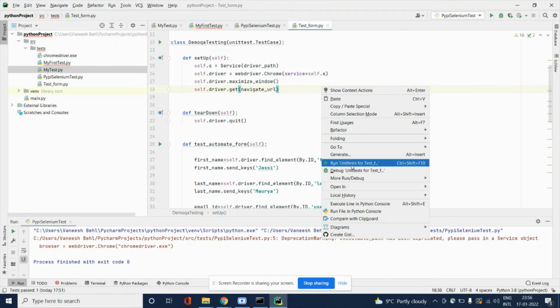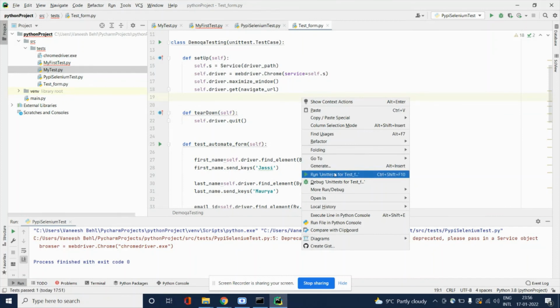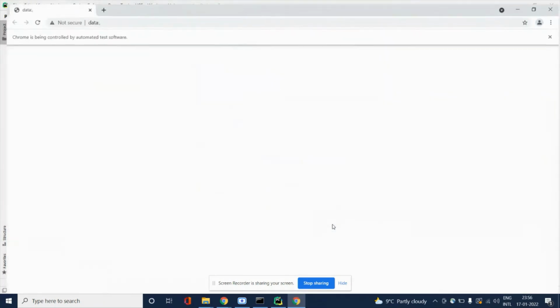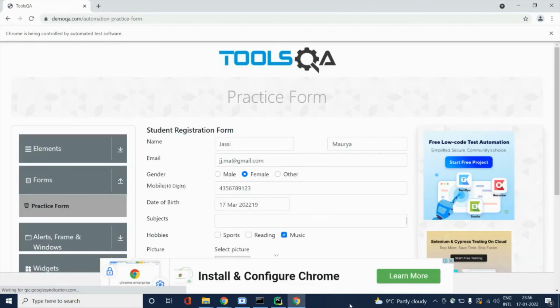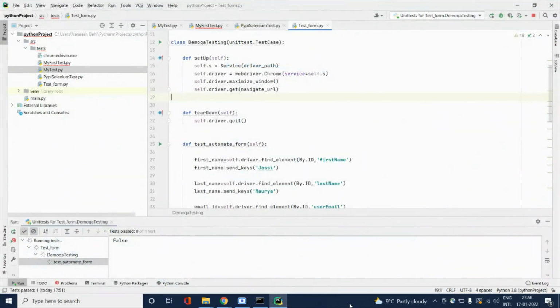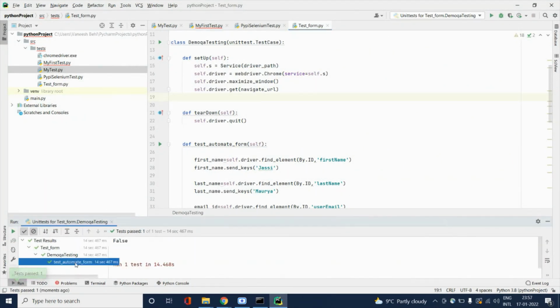Run as unit test. Because this class is a unit test class, this code will not be executed as a Python code. This will be executed as a unit test. Right click on it and run unit test. Okay, it has opened the browser and it is entering all the data. You can see that. One test case has executed and it has passed,